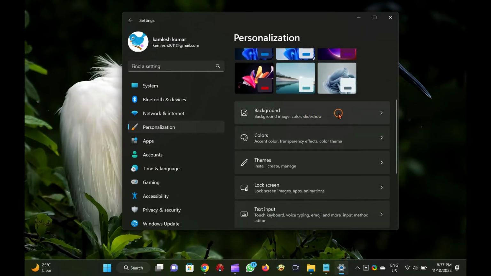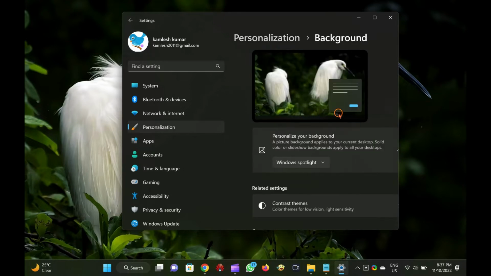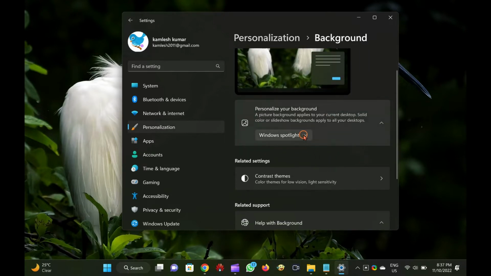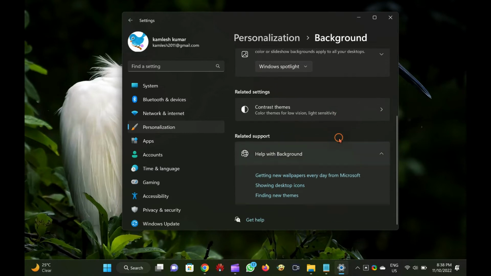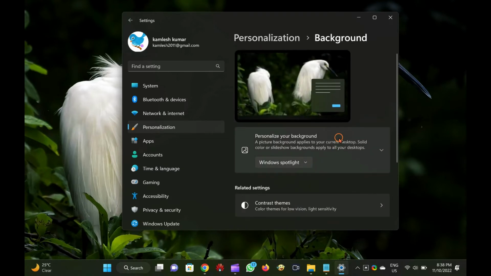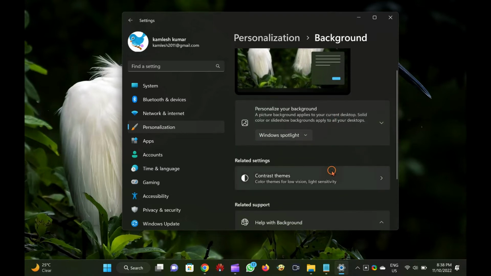Then, on the right sidebar of personalization, click the background tile. After that, click the drop-down menu beside Personalize Your Background, and select the Spotlight Collection option to set the Spotlight Picture as desktop wallpaper. Once you set Spotlight Collection as the desktop background, it will be immediately applied to your